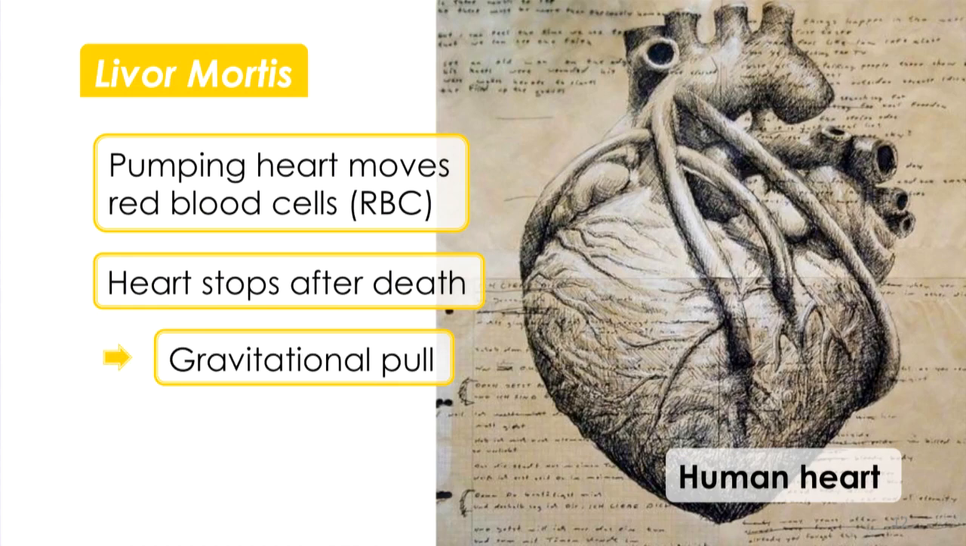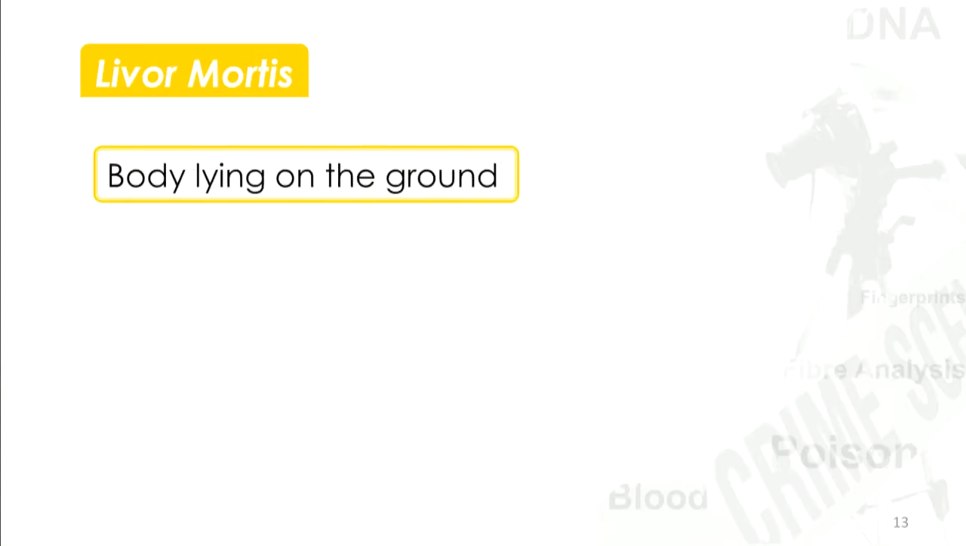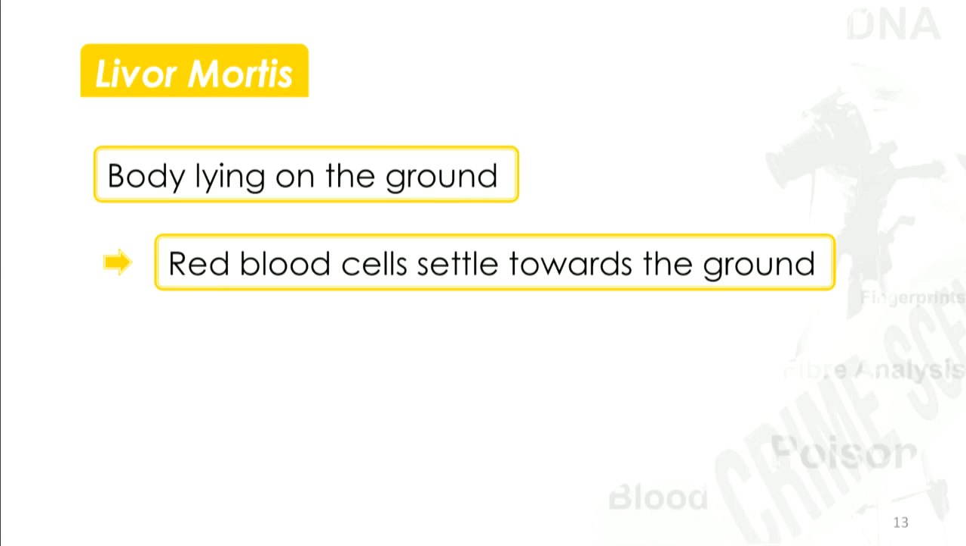If, for instance, the body is hanging by the neck, then the red cells will settle into the legs or the lower parts of the legs, and a distinct discoloration will be seen down there in the legs. Now, if the body is lying on the ground, it's not quite so simple. Obviously, the red cells will settle down towards the side of the body that is against the ground under the